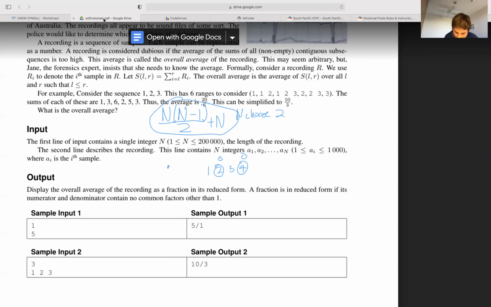This is just n plus 1 on 2. These are the same things. So in practice you can Google, but in ICPC you can't Google. In some contexts you can, but n choose 2 is math knowledge. I think 1081 or something might cover things like this, but sometimes some basic combinatorics is needed. N choose 2 plus n.